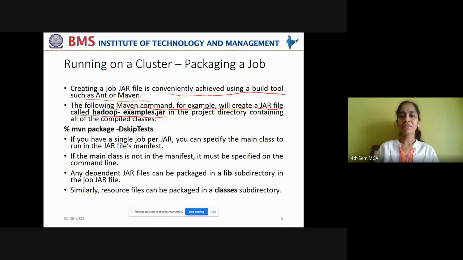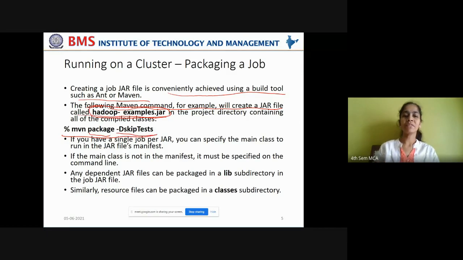Now all these three classes, in order to create a jar file, you have to use Hadoop-examples.jar in the project directory, which already contains the mapper class, reducer class, and job class files, right? For that, you have to use the Maven command, mvn package, what you're packaging.